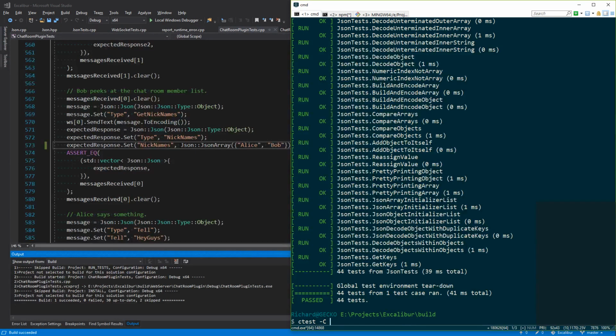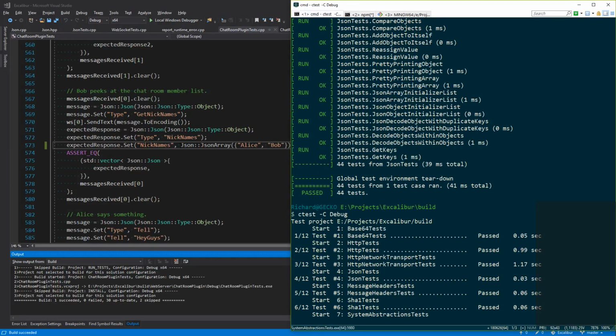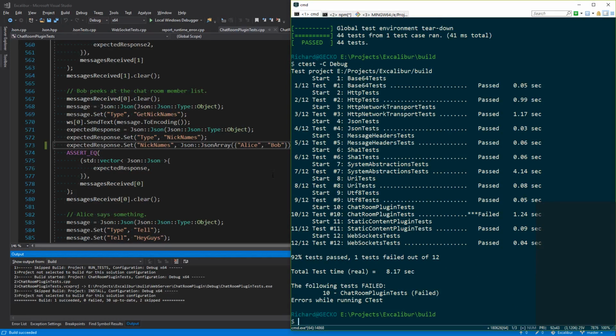So let's run all our tests. By the way, I think, oh, we have a failure. One of the reasons why the system abstractions test takes long, and it even takes longer on Linux, is that the one we added for the crypto random test tested 10 million random numbers generated, and that actually takes a significant amount of time. I've been thinking about cutting back on that.